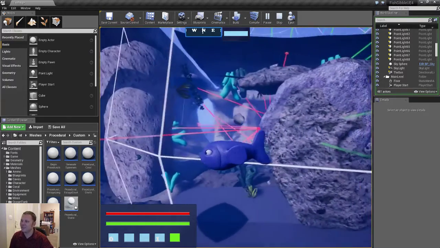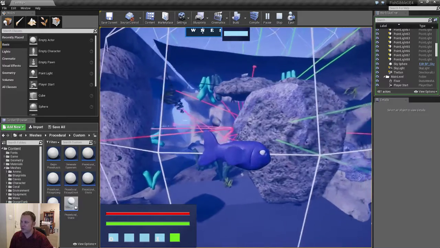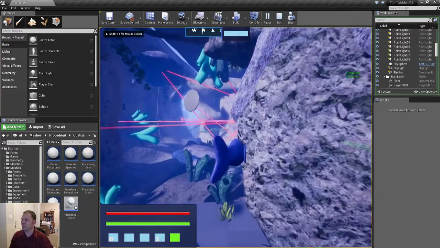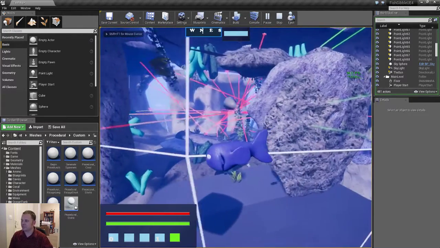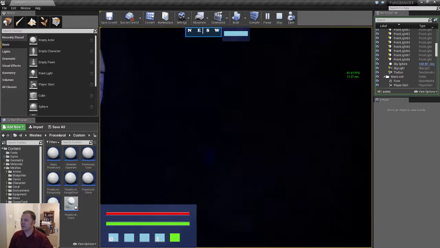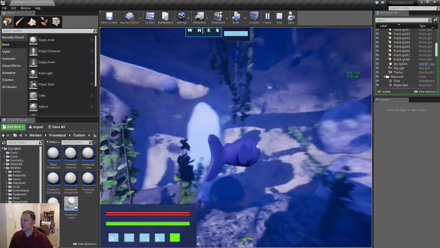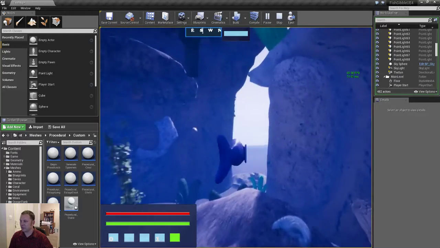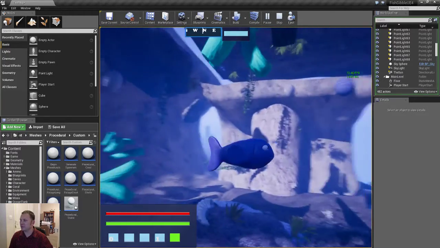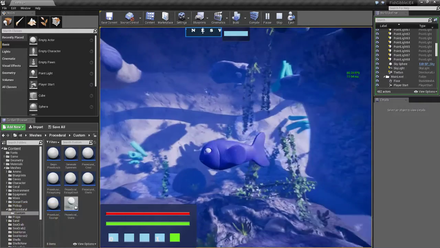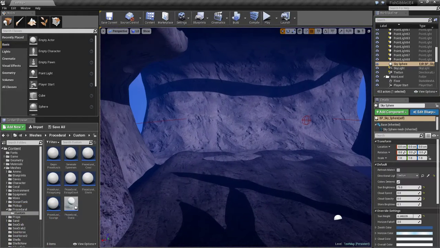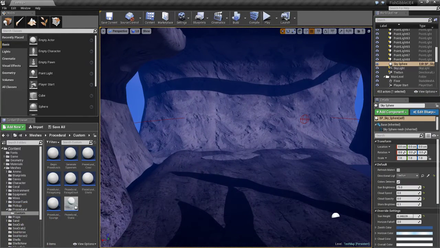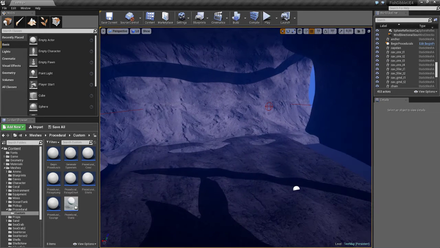And now these are all instanced static meshes, so they render at a pretty good frame rate, or that's what they're supposed to. And then there are some rules that we're going to go through now that it uses to populate this little area here. So I'm going to start at the beginning. But before I do,